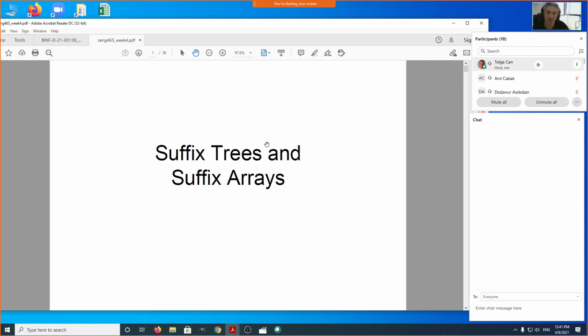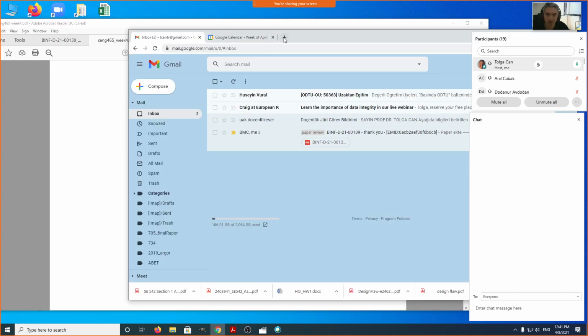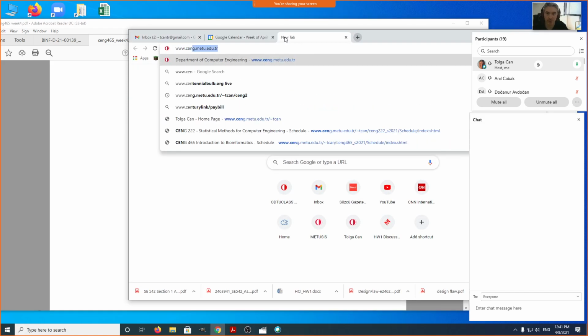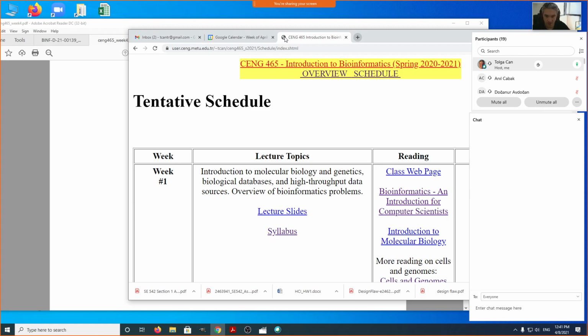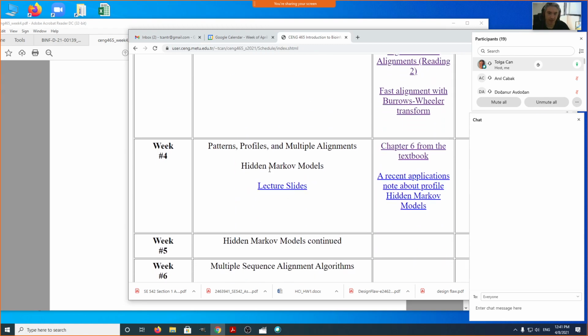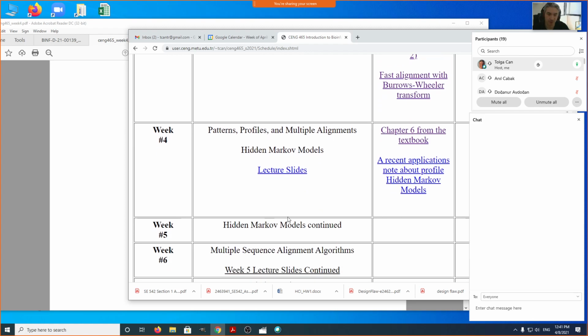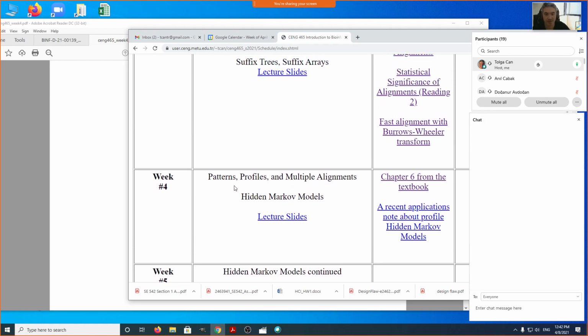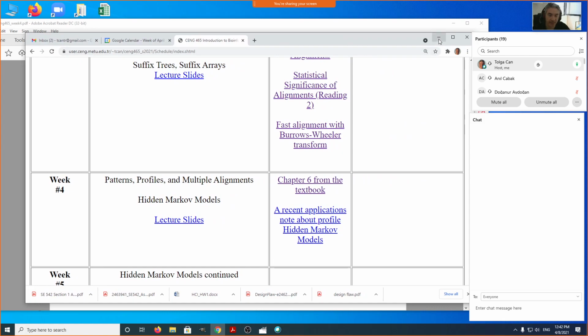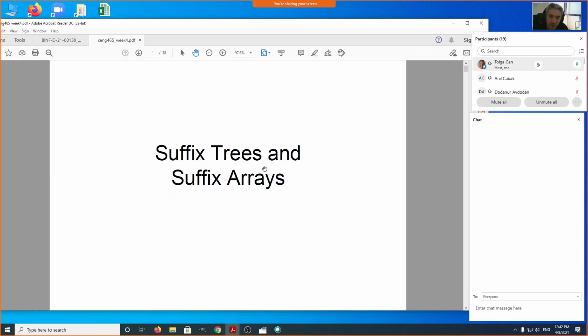Okay, so today we are going to finish talking about suffix trees and suffix arrays. And next week on Monday, we are going to start talking about profiles and hidden Markov models. First, we are going to start with hidden Markov models, and then we are going to see multiple sequence alignment techniques. So patterns, profiles, and multiple alignments will be our next week's topic after we finish suffix trees and